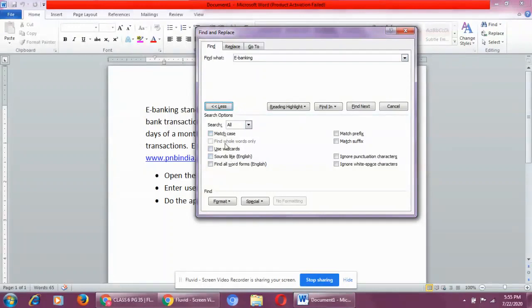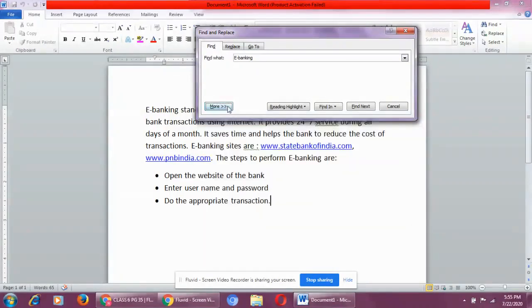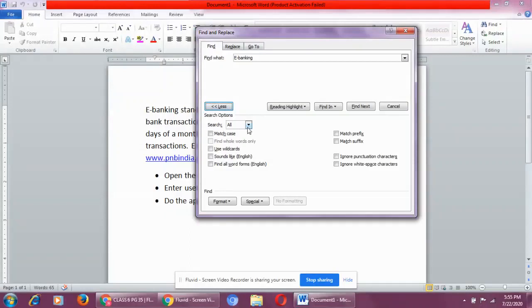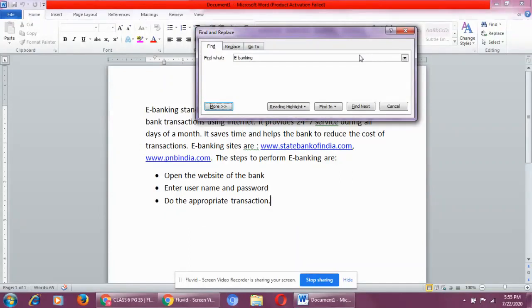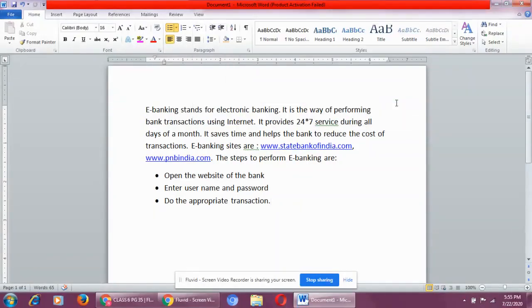Match case, find whole words only, use wildcards, sounds like, find all word forms. I think it's better to select find all word forms, to search for all the words. It will make your work a little easier. Now this is all about finding the text and replacing the text.